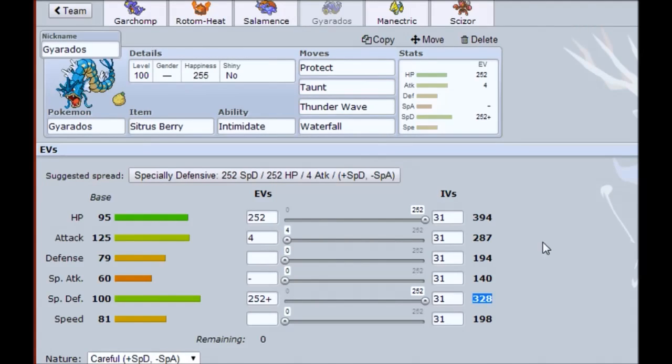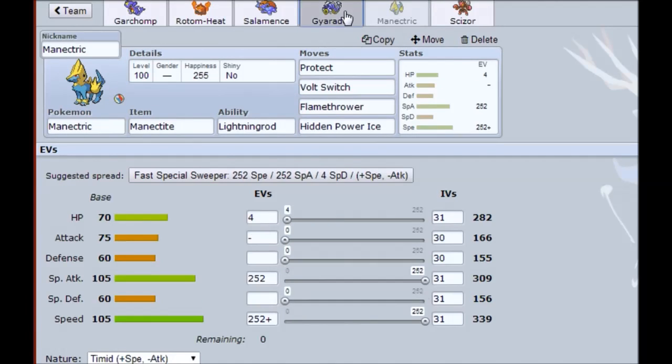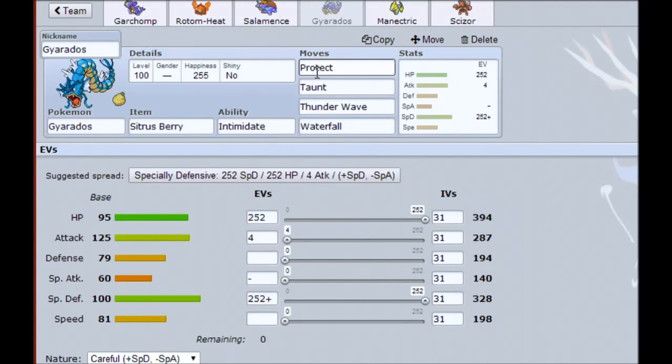I think Gyarados goes really well with the team because it baits people into using their electric attacks, which my Manectric can clean up with later. So I really, really like Gyarados. I think the Thunder Wave on him is great, and I needed a taunting Pokemon, and I didn't want a frail taunter like Weavile. I wanted a Pokemon that can taunt, that has decent speed,